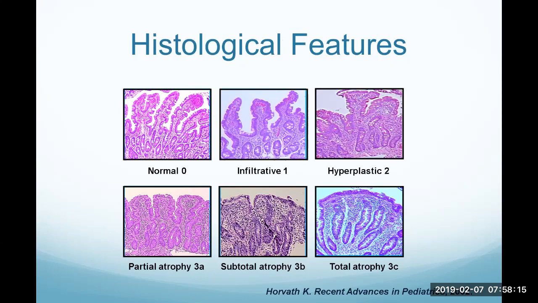Histologically, a normal duodenal mucosa should have nice-looking villi. If you look at the normal picture, it has beautiful villi with no intraepithelial cells, which is the bluish hue that you can see in the epithelium. And as the damage worsens, the villi get shorter and the blueness increases. And the blueness is basically evidence of intraepithelial lymphocytes.